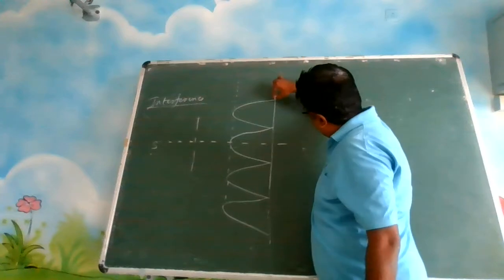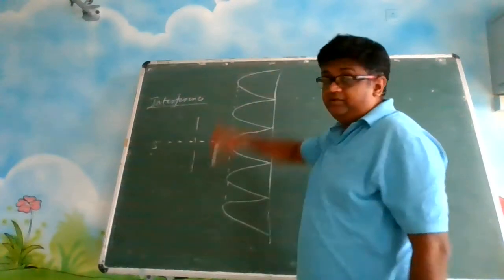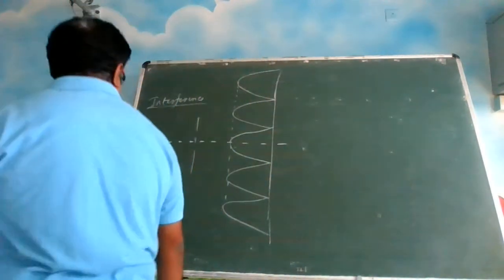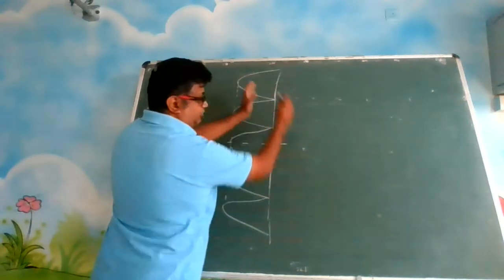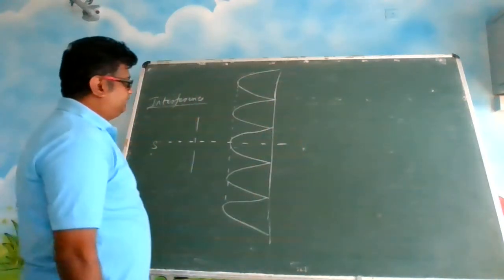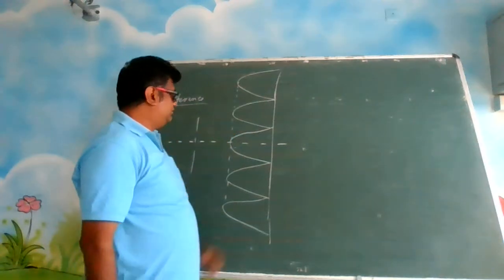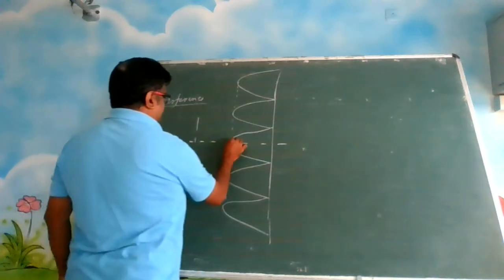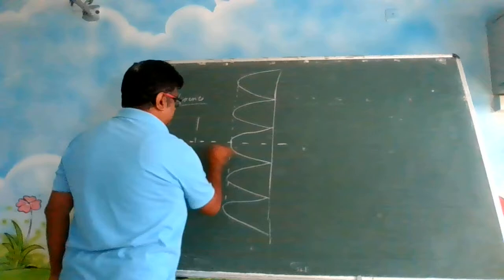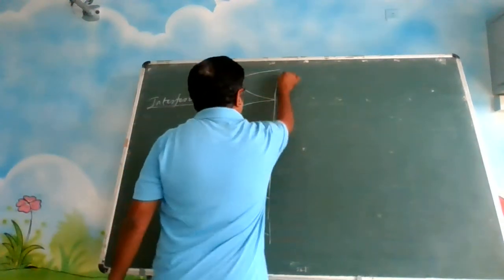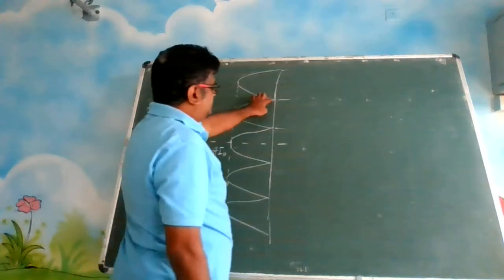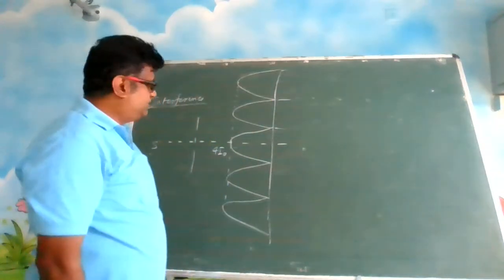Whereas in the case of diffraction, it was not like that. In the center you got maximum and then it reduced. So what is this value? It is 4I0. These values correspond to dark. Dark amplitude becomes equal to 0.